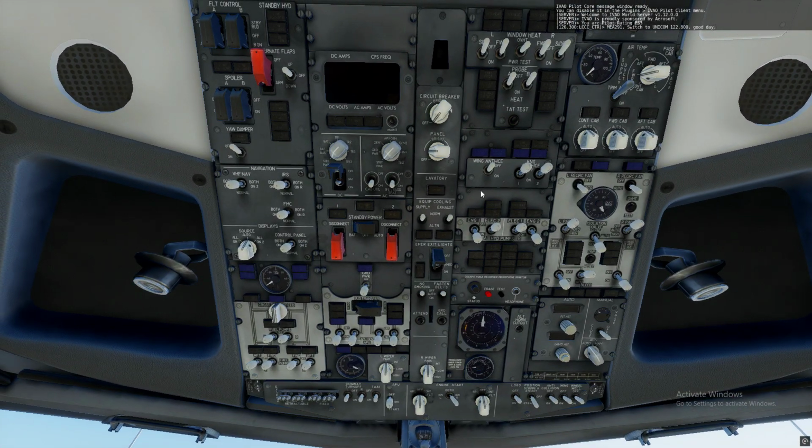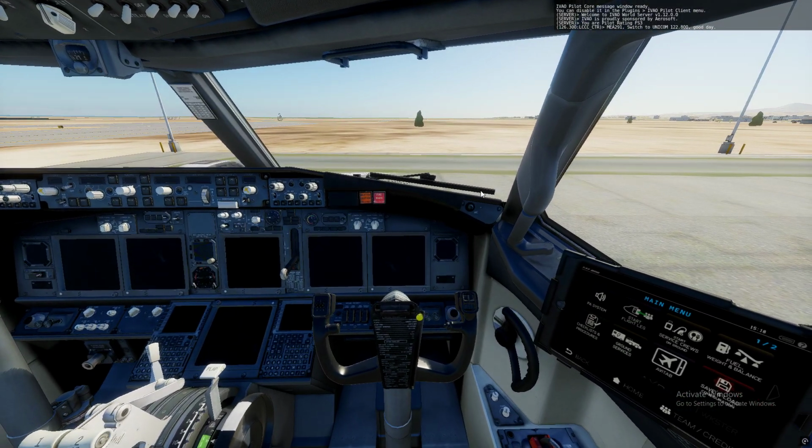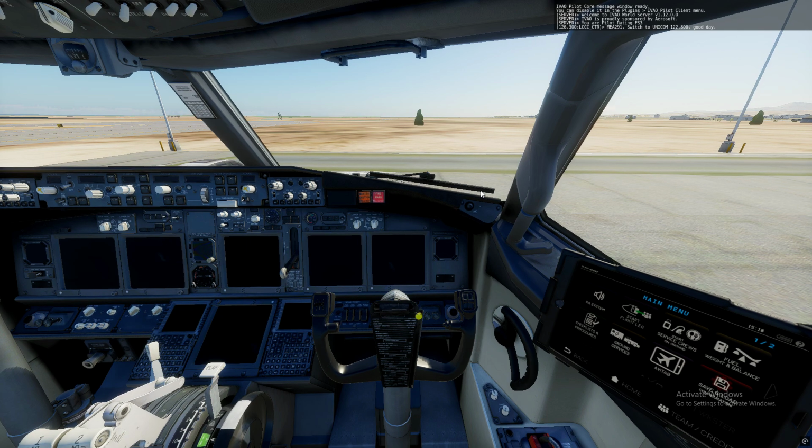Okay, now we get into business, as you can see. So first, before I start, let's make things clear. I'm not a pilot, and I may do some mistakes along the way of configuring the airplane. So if there are any pilots watching, please be easy on me. If you notice anything wrong and you'd like to correct me, please leave a comment, and